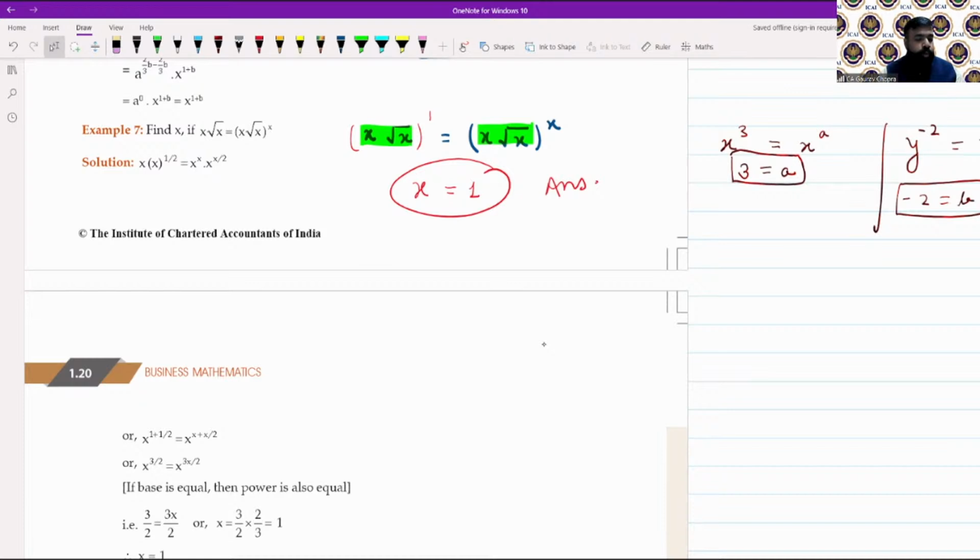Prerna is asking for the cube root trick, please. See Prerna, we have done the cube root trick in the last session. If you were not in the last session, you can go and revise from there. Okay. We have done it around the end of the session, so you can go and check it out. Okay.